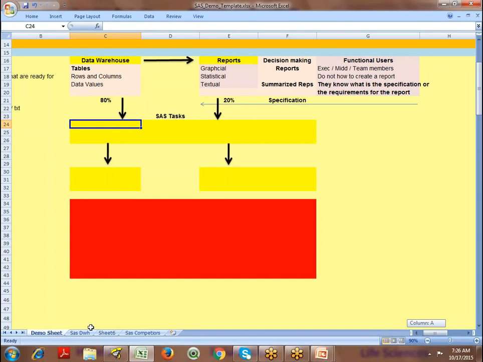With respect to data warehousing, we call the first step data access and connect. This is extracting. The next step is data transformation. These two steps deal with data warehousing.